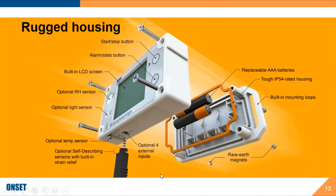So looking at the logger in a little bit more detail, this is kind of an exploded view. First off, we've made it a very rugged housing. It's got an IP54 rating. It's got a gasket here that keeps the moisture out. And what does IP54 mean? The 5 means it's dust resistant. You can put it in a dusty environment and even if dust gets into the logger a little bit, it's not going to damage the logger in any way. And the 4 means that it's splash proof from all directions. So it can be sprayed, not with a high pressure jet, but it can be sprayed from any direction,